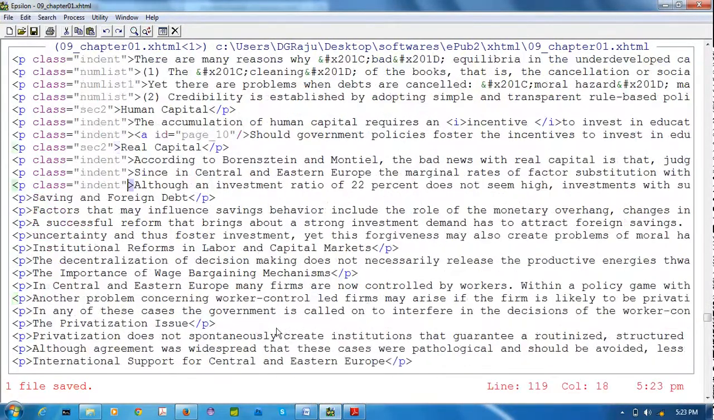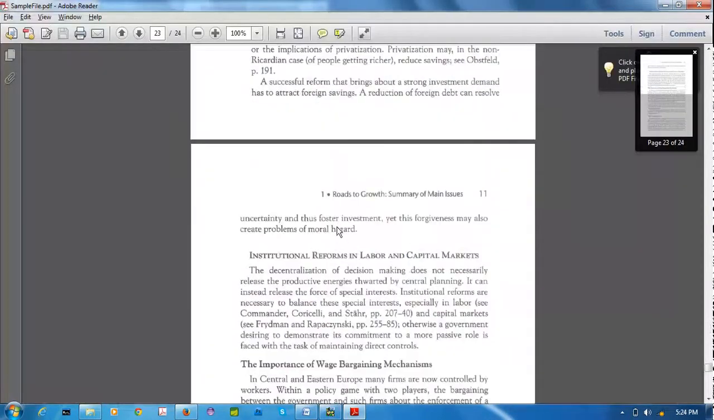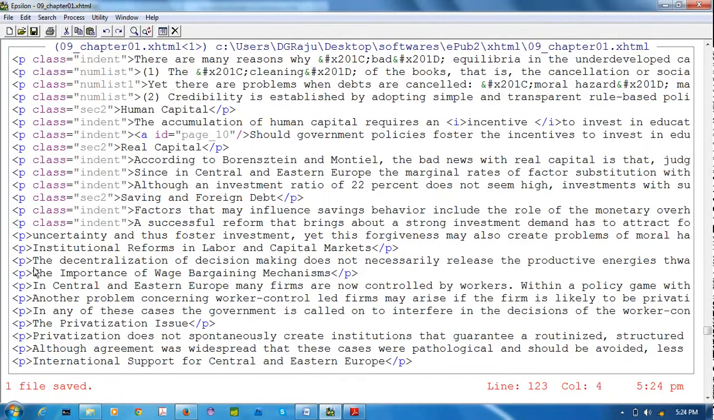Three indents. Next I am using indent but I am removing this and using section 2. You can use like this also. 2 indents, page number 11, and we have to merge this thing. Control X Y 1. I am giving page number,